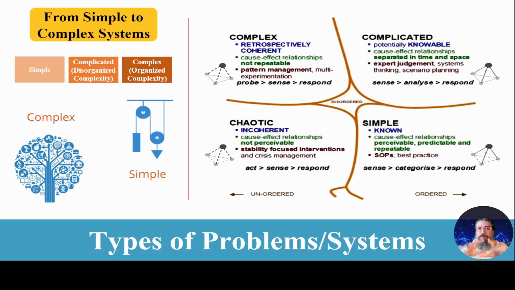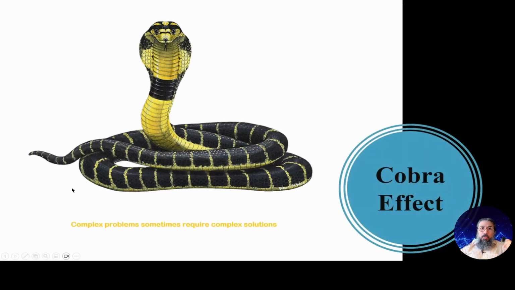Now, what's the purpose of talking about all these systems? We already know that complex systems have different attributes. We talked about 15 of their features and why we should care about this. There's one simple reason, known as the Cobra Effect. The Cobra Effect has a story that happened in India. Back then, in the time of the colony, India being dependent on the UK, basically the British Empire ruling the country.